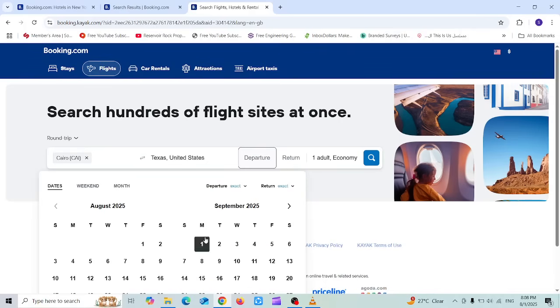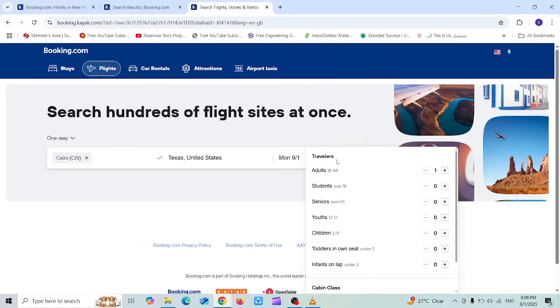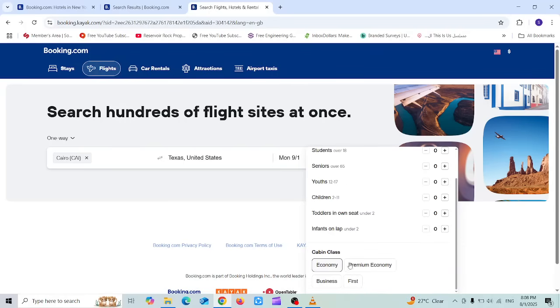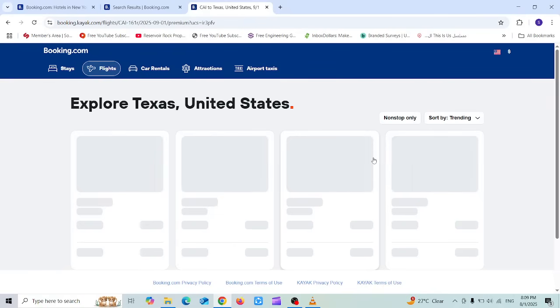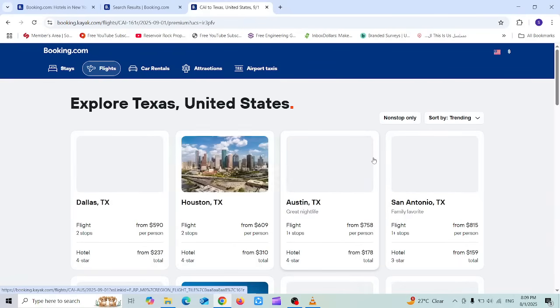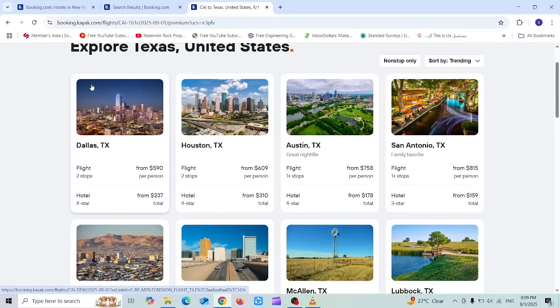The departure is next month and it's just a one-way trip, with just one adult, and I need, let's say, the premium economy. Then search. So you got all these results that you can choose from, and each one of these flights you